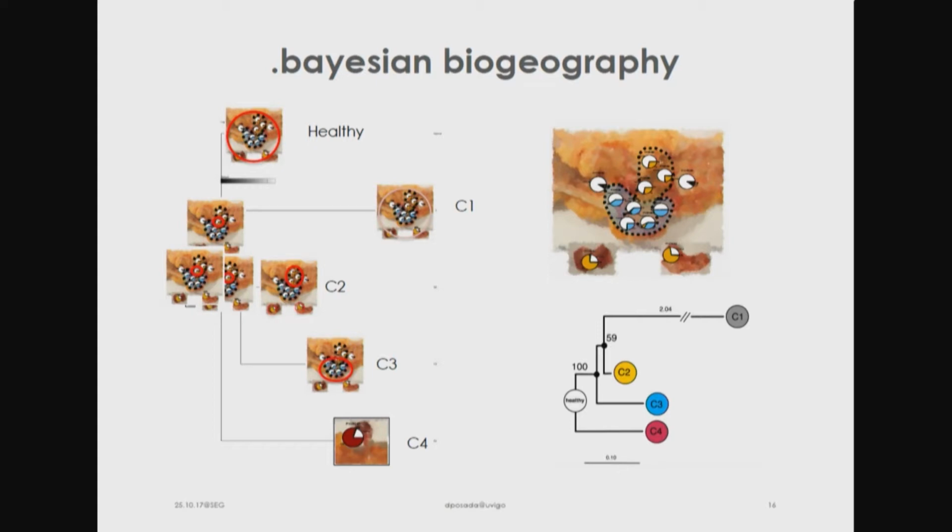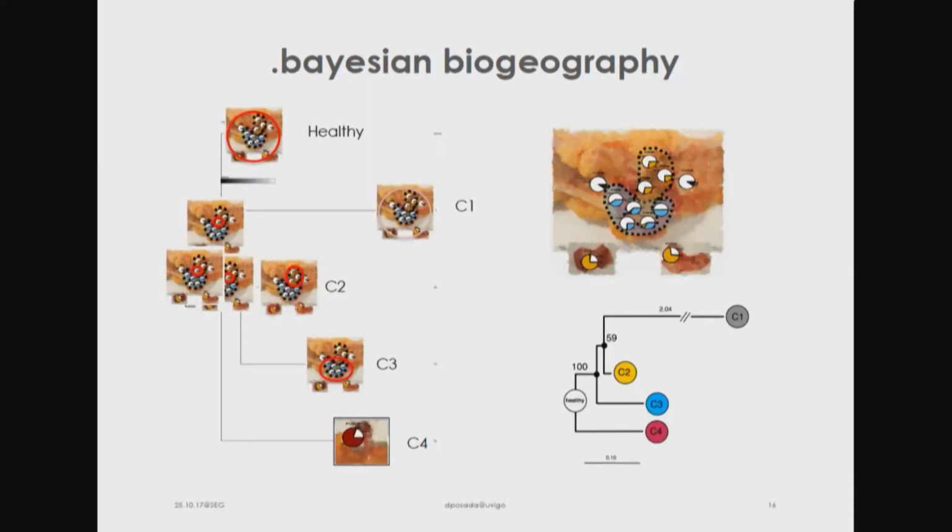So we have clones, we have a phylogeny. What I did here is estimate an ancestral clone that we have not sampled. If you know how to read phylogenies, the nodes in the phylogenies are ancestors. So we can predict, this is statistics, okay? We can estimate the posterior probability of the location of that clone. So here, using this methodology, the ancestral location of the first clone of the tumor, the origin of the tumor, is in this region, according to this method.